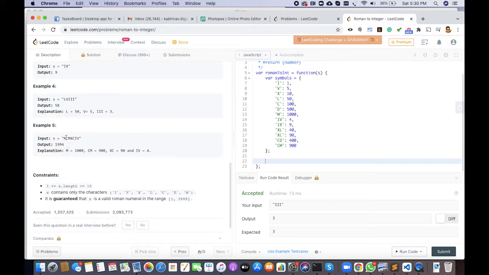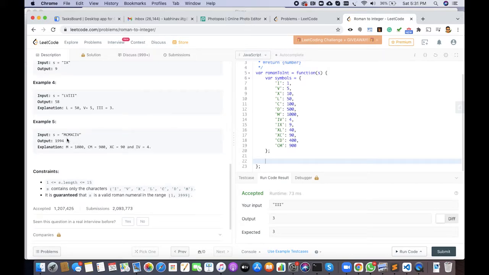We'll start with the first letter and go along. We will also have to check the next letter. For example, if we find C, we'll have to see if we can add C as it is, or we have to consider CM as one number. You can see CM is 900, XC, IV.